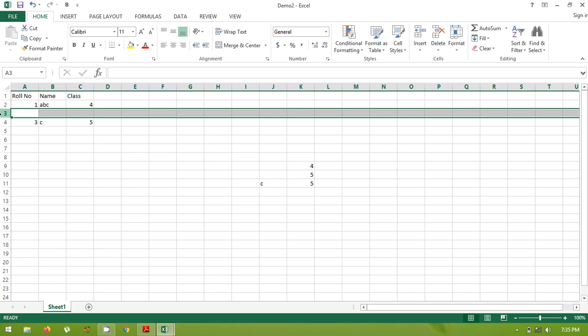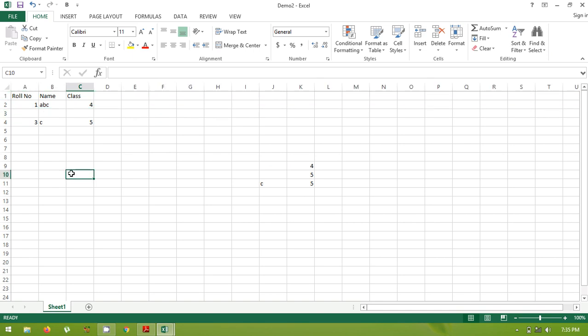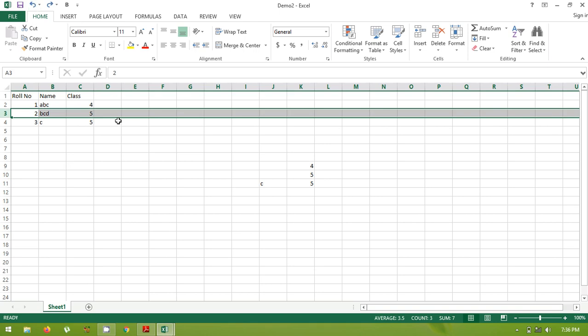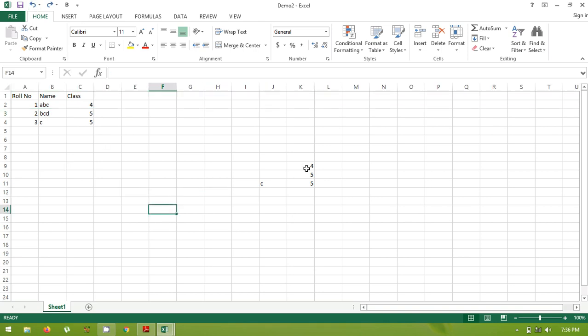Next one is undoing changes. Undoing changes means the undo button or undo option. Now I want to revert my last change. Last, I deleted this data and I noticed that I deleted it by mistake. You can use the undo button. This is your undo button and the shortcut key is Ctrl plus Z, and it will revert your last changes. Now I delete it, I undo, so this is how it will come back.